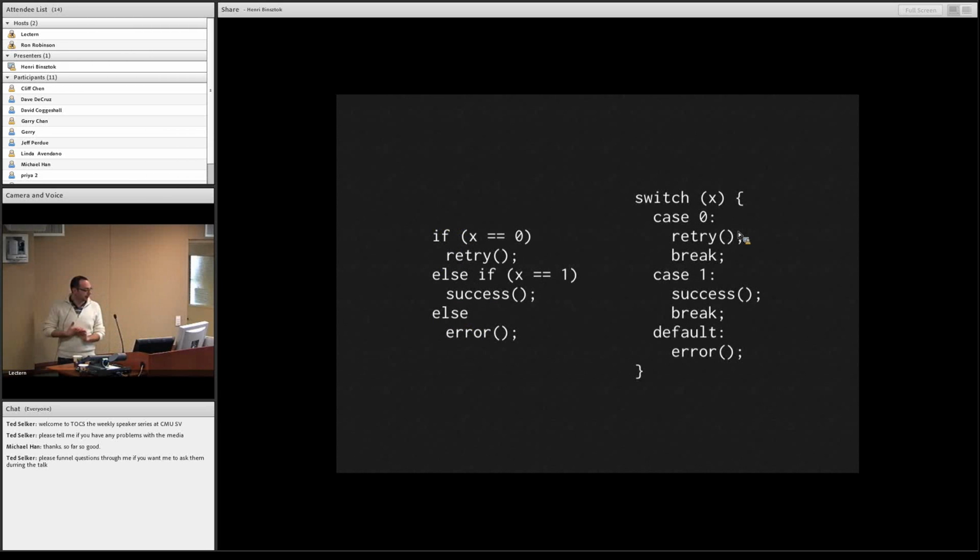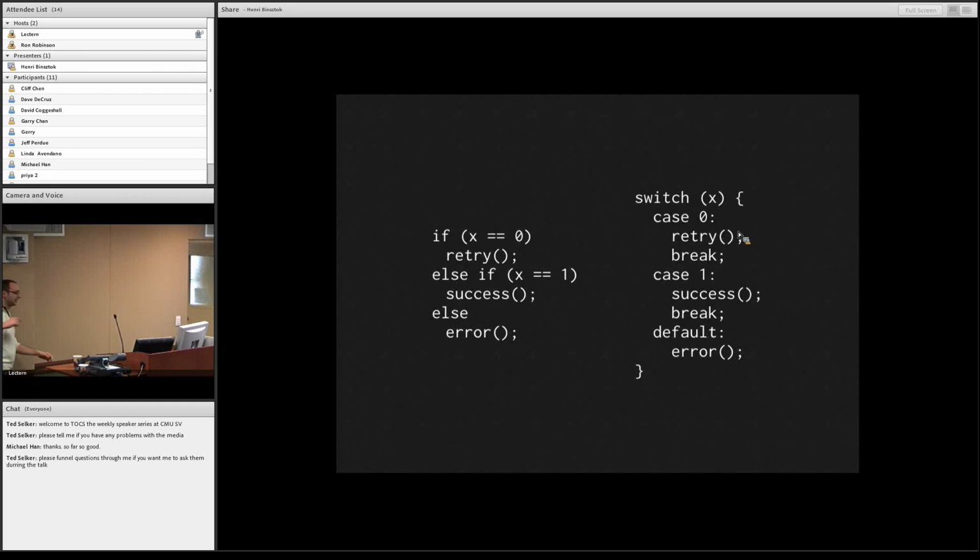Another example. If x equals 0, then we say succeed, else we say error, and we can write it as well as a switch in JavaScript. You know that pretty well. Could you tell me what's the output of both if x is 0 but as a string, as always? Do you know the answer? It's going to be an error. I mean, if x is just a pointer to a string, it's going to be an